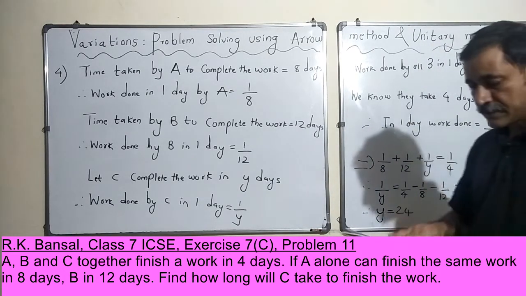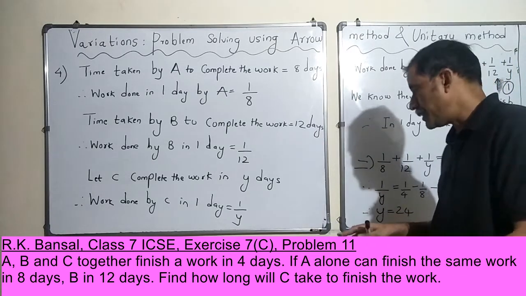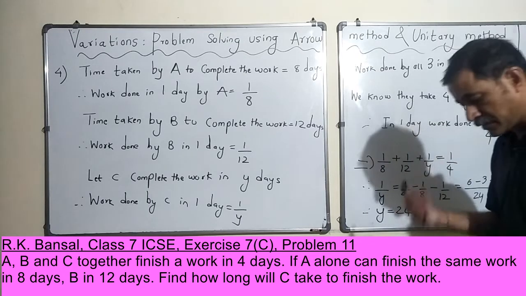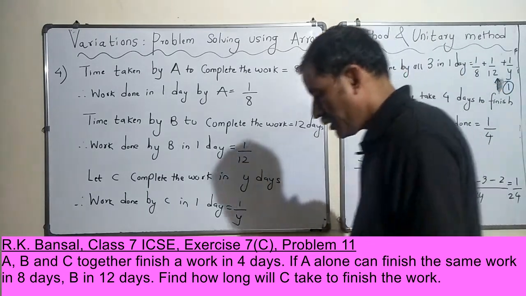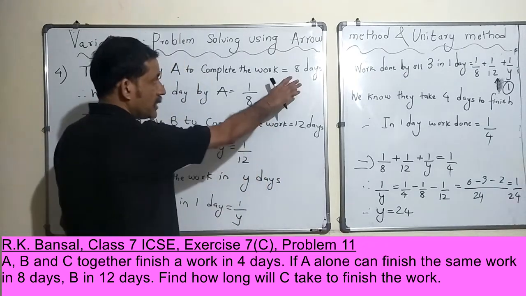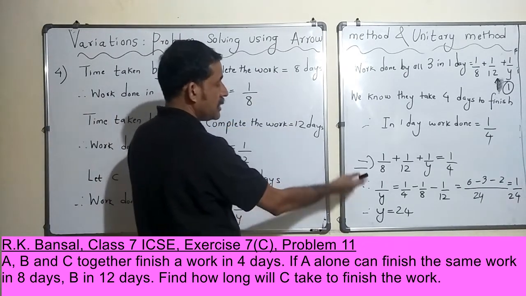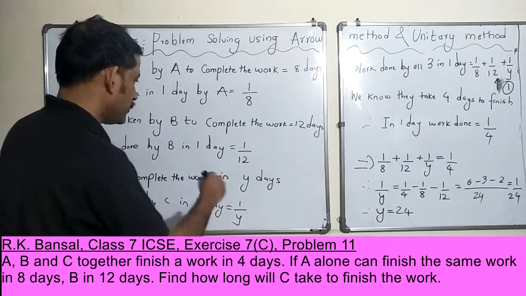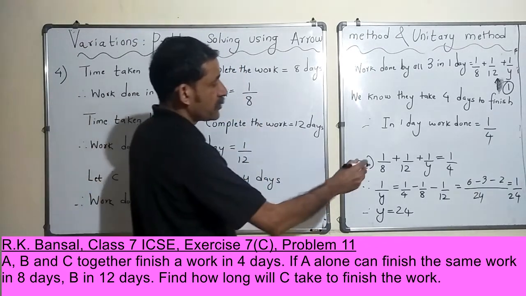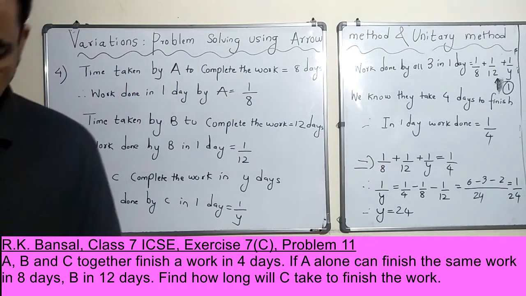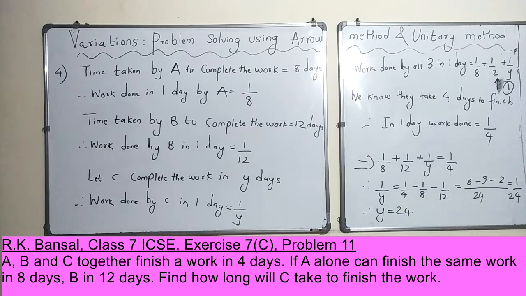So I believe that is also the answer to finding how long C will take to complete the work. C will take 24 days to complete the work. So pretty slow. C takes a whole lot of time compared to A, who does it in 8 days, B in 12 days, and C takes 24 days to complete the same work, right? You can just write down the answer. Therefore, C would take 24 days to complete the work. All right, that's good. I hope this is clear.